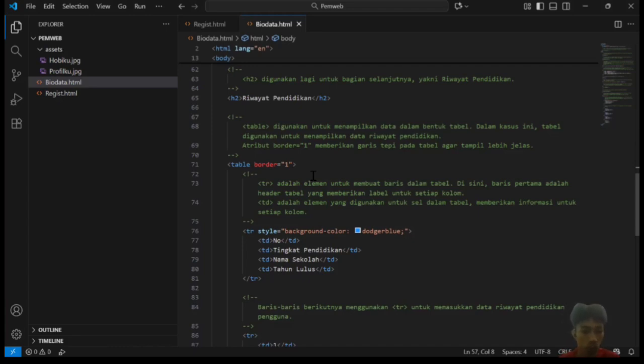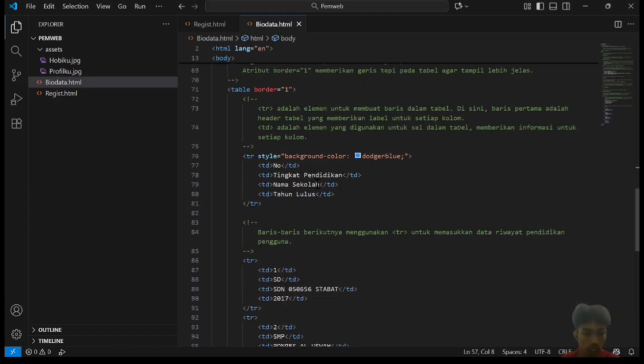The first row of the table is created with the tr tag with style background color, meaning table row. Inside that row, the td tag is used, which means table data, or a cell in the table.